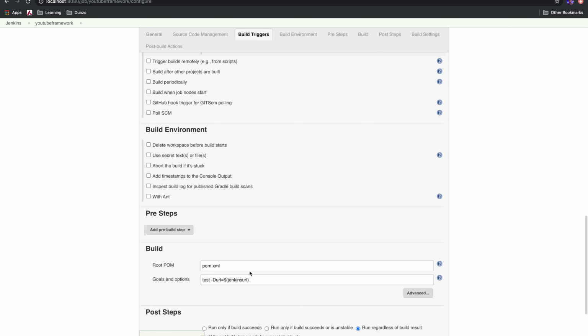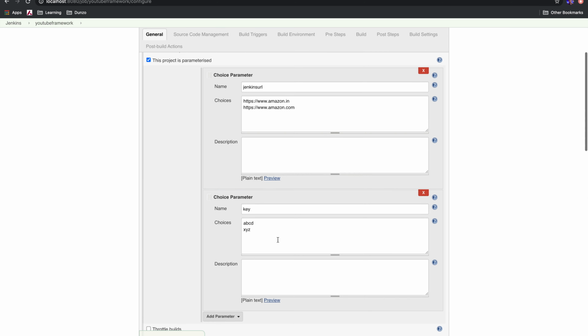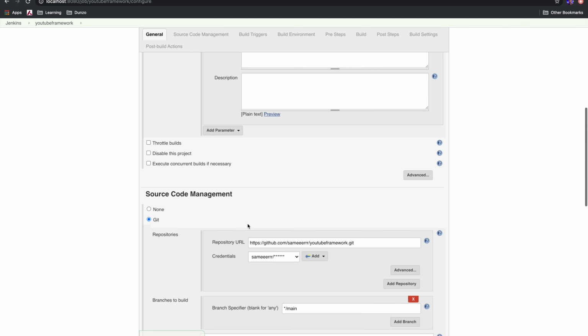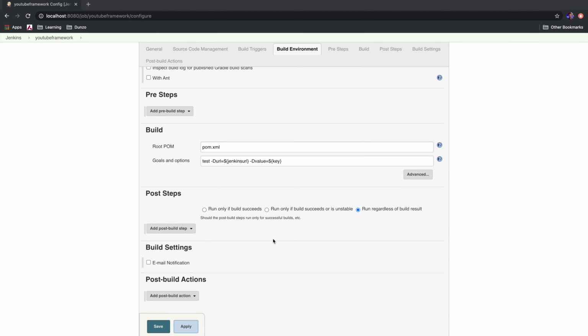And here you just need to again add -D and the value that you will be picking up from the code, and then again dollar braces and then the key which you entered here. So that's it. You can parameterize n number of values which you want to.